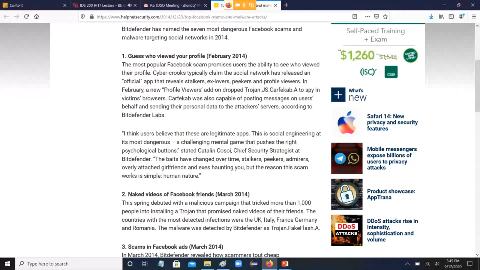So number one, it doesn't actually work, right? There's no way you can go on Facebook. Facebook doesn't track who viewed your profile, and if they did, they're not going to make it available to you. But the reason, presumably, why people want to see this is because they think that anyone who views your profile is totally crazy in love with you and has a super crush, and you can somehow, I don't know, enjoy that or something. Anyway, but that's a very popular one.